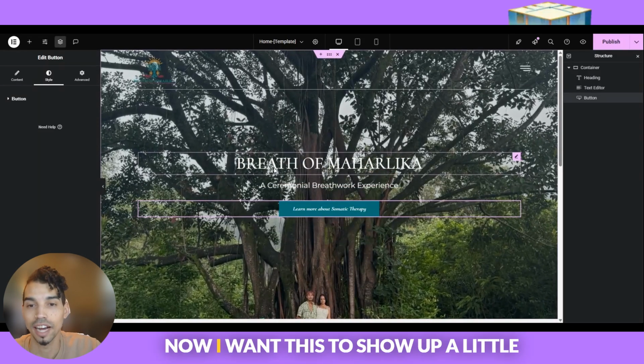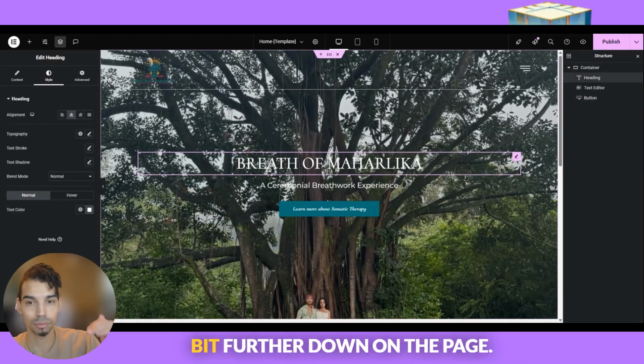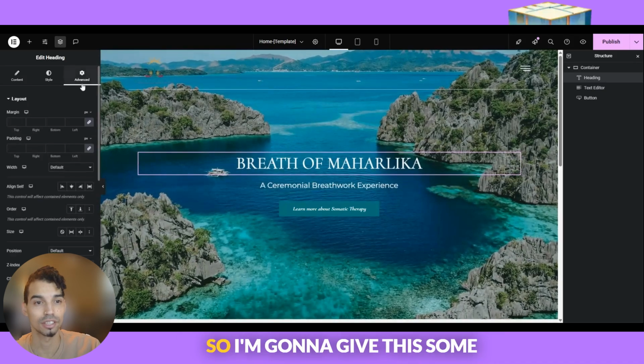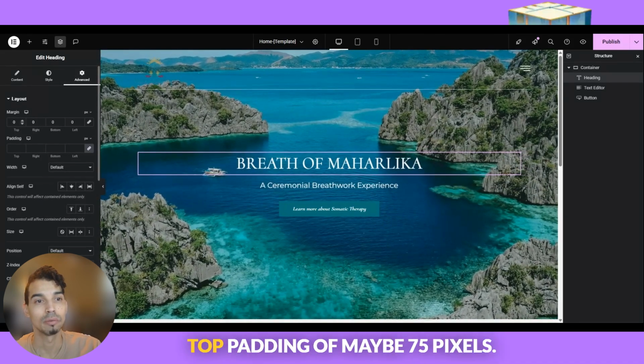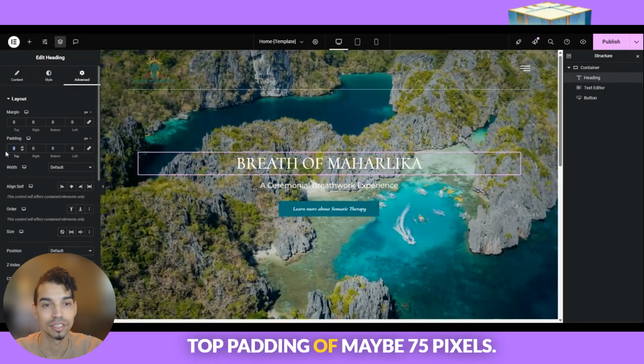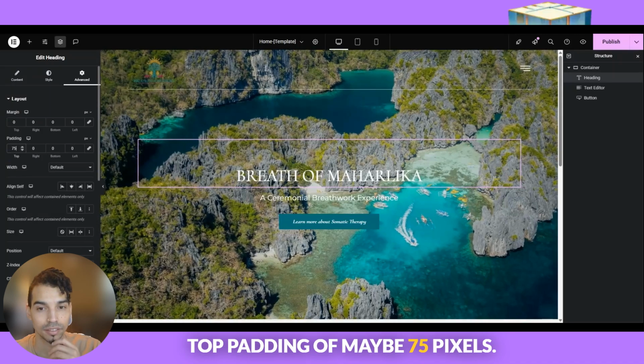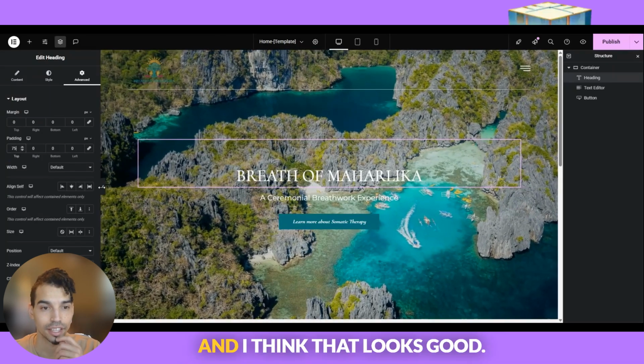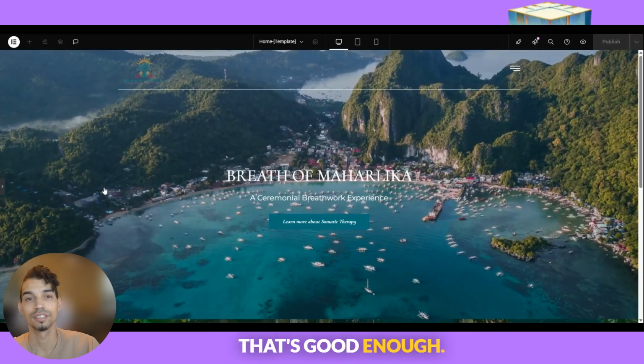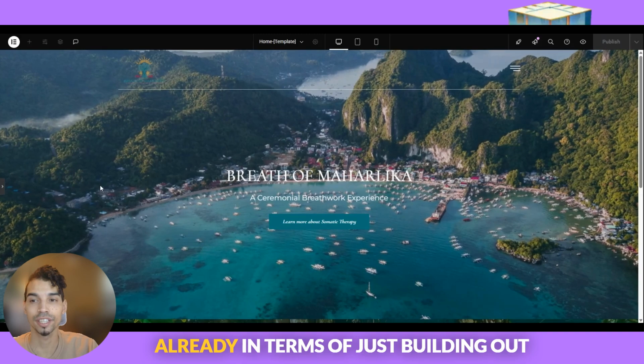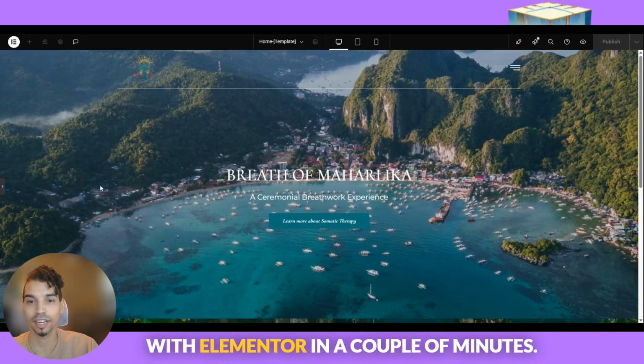Cool. Now, I want this to show up a little bit further down on the page. So I'm going to give this some top padding of maybe 75 pixels. And I think that looks good. That's good enough. So this is what we're working with already in terms of just building out with Elementor in